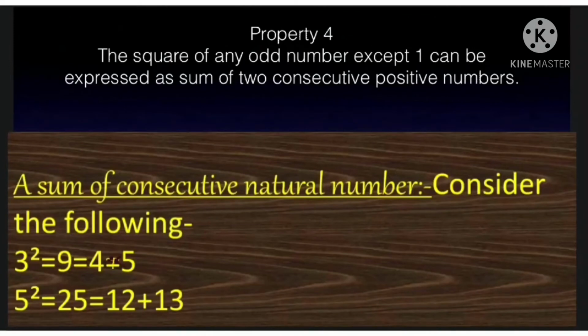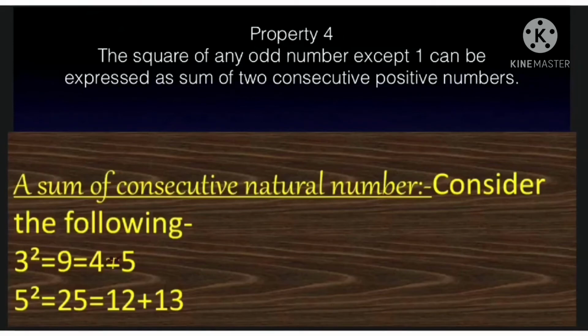Now, the next property, the square of any odd number except 1 can be expressed as the sum of two consecutive positive numbers. Like here, 3 square, which is 9, can be written as 4 plus 5. They are consecutive numbers. 5 square can be written as 12 plus 13, as the sum is 25, and 12 and 13 are consecutive